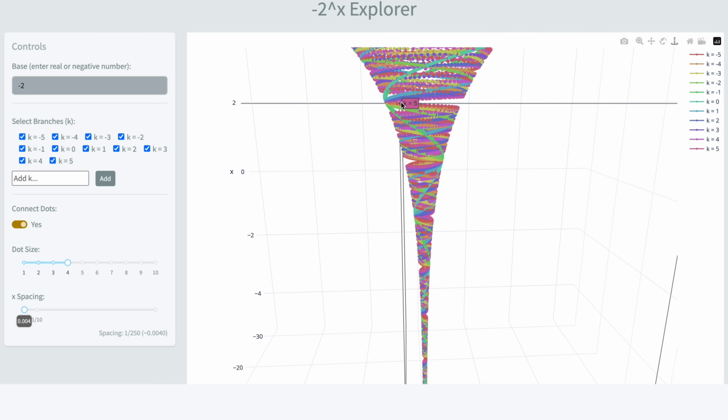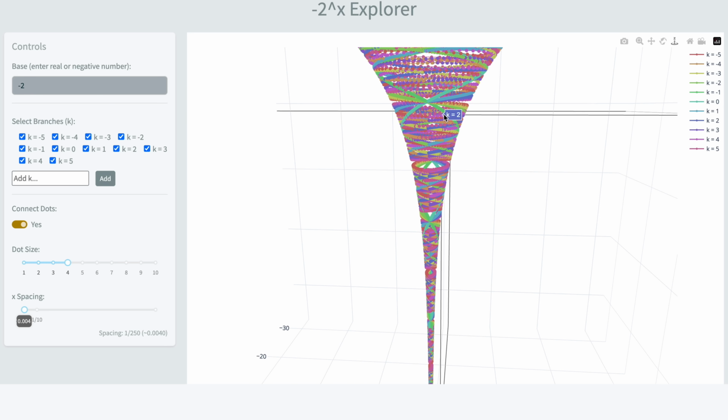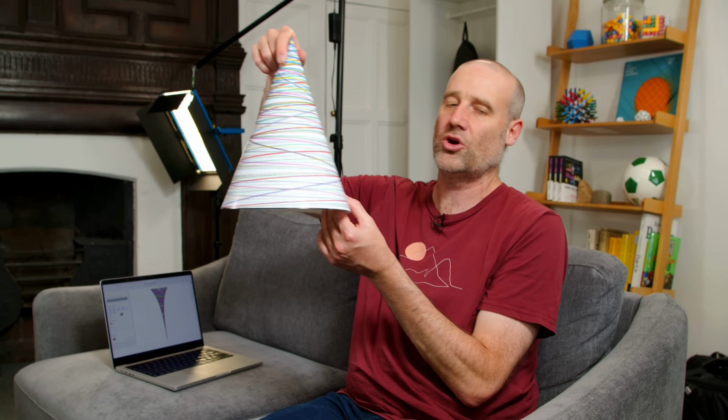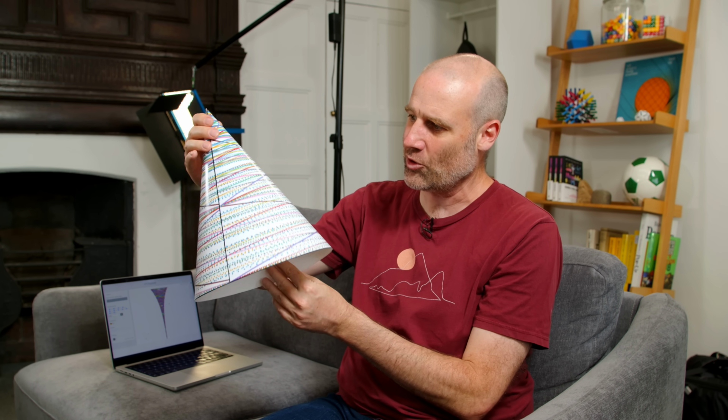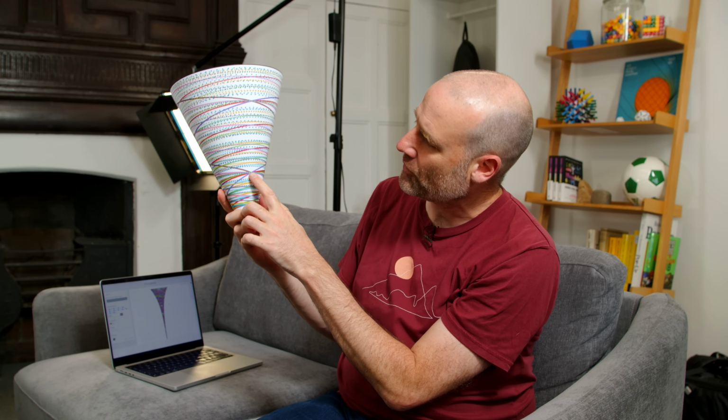So you can see there's like a wedge missing from the trumpet and a single value where all the lines cross. It is slightly difficult to see in the interactive version. It takes a little while to drag it around to line it up. So just for fun, we thought we would print them out. Now, we couldn't get the curved trumpet shape, so this is just a linear cone, but you can still see all the lines and the points here where they cross.